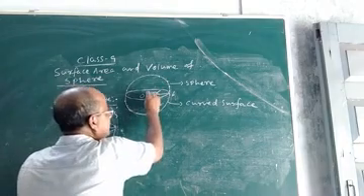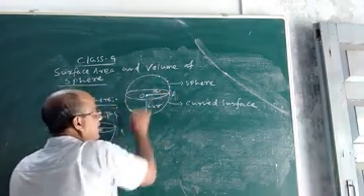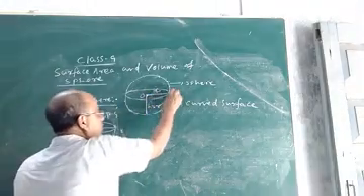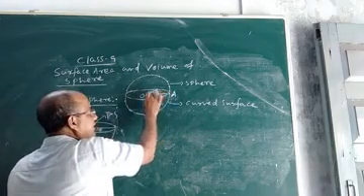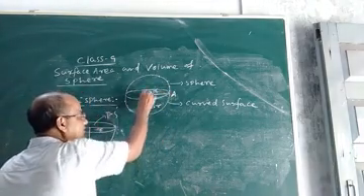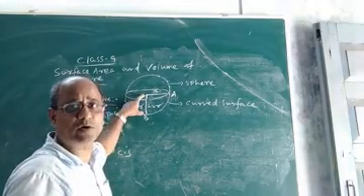Now what will be this? This will be the radius of the sphere. Suppose let us denote it by r. Now what about this? Suppose this is OA and this is OB. Now this OA is the radius of the sphere. Then this is also the radius of the sphere. And this radius of the sphere will be equal to the height.